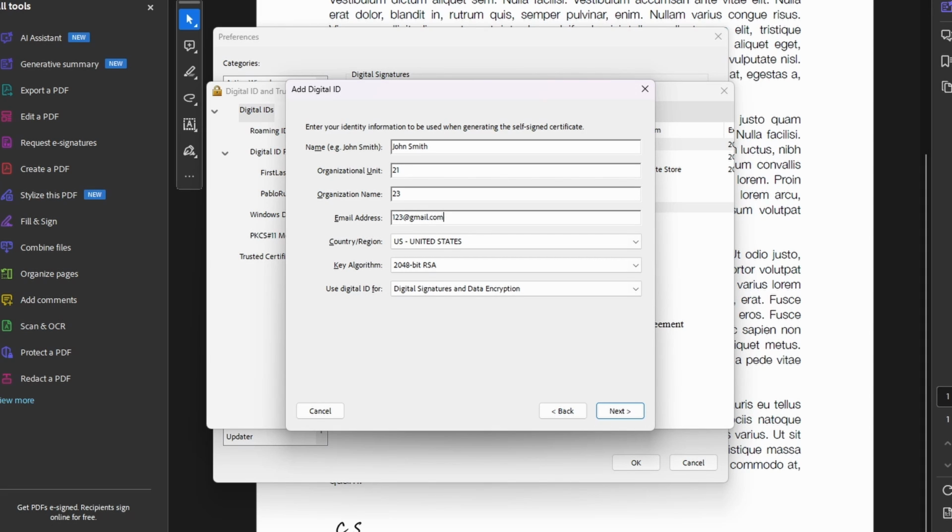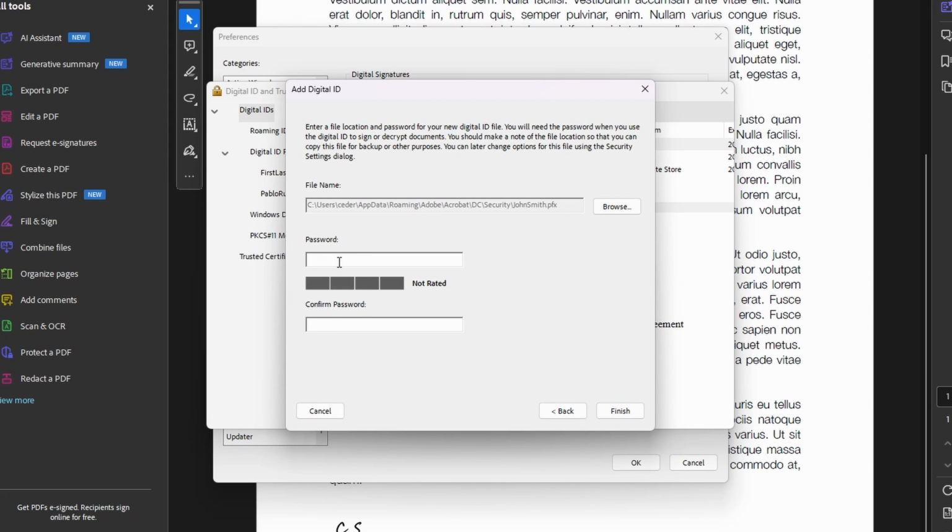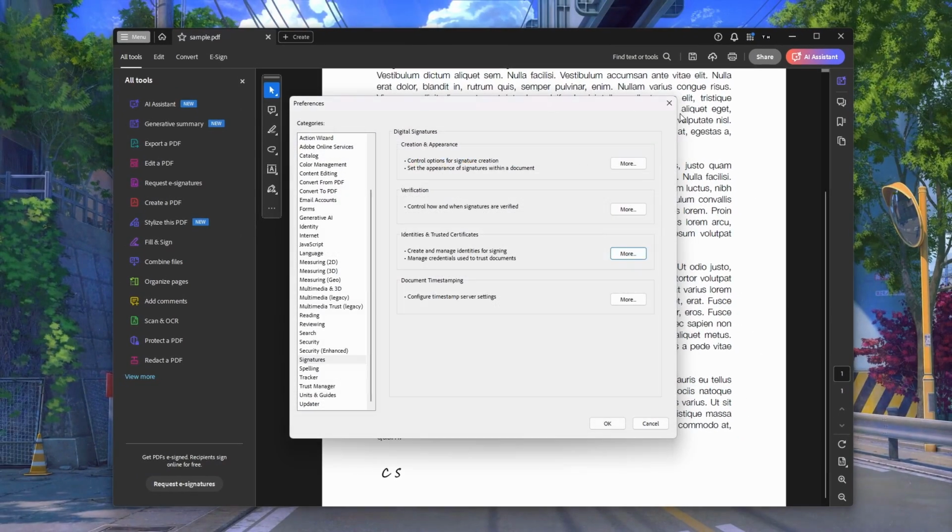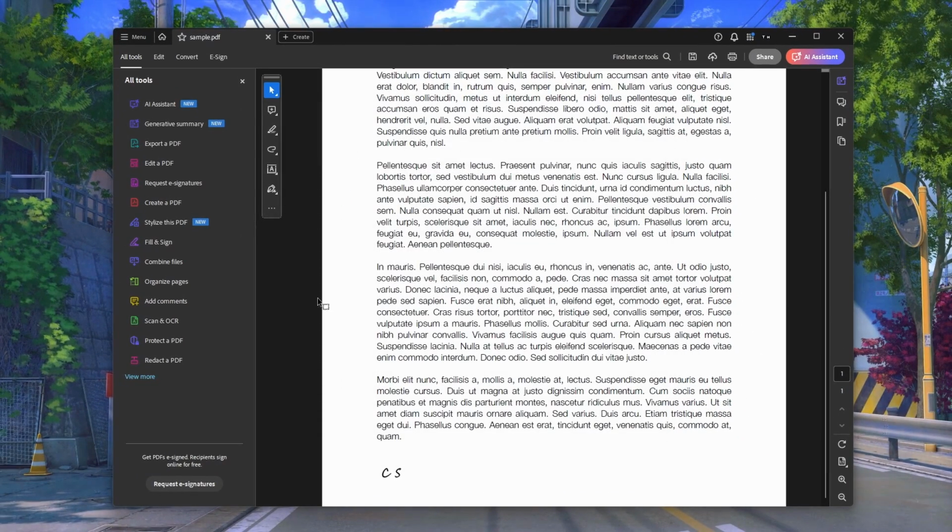Leave the key algorithm option to 2048-bit RSA and make sure to set the Use Digital ID for option to Digital Signatures and Data Encryption. Click on Next and then set and confirm a password to password protect your signed documents. Click on Finish when you're done. You can then exit out of your preferences and you'll be ready to sign any PDF document with your digital